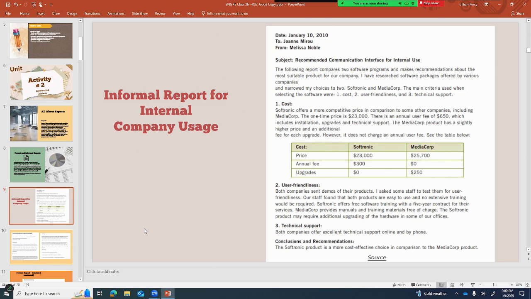So you can see this is just a kind of a little report. Probably the boss asked, hey, can you check this out? It's not a big thing. It may not have taken an enormous amount of time to write, although obviously since they kind of practiced using them, it may have taken a little time to work on. But it's an informal report. It's just for her boss and whoever else is going to see this.